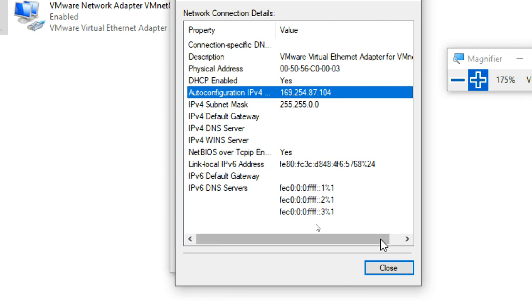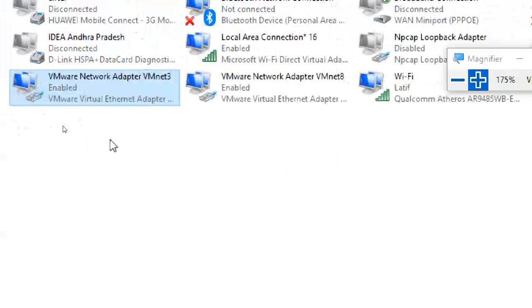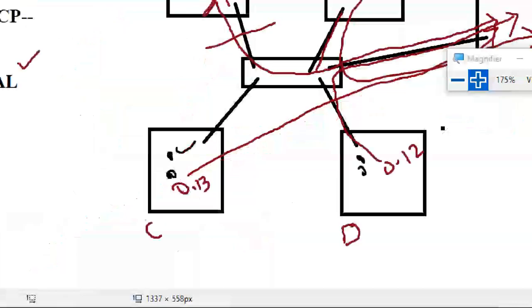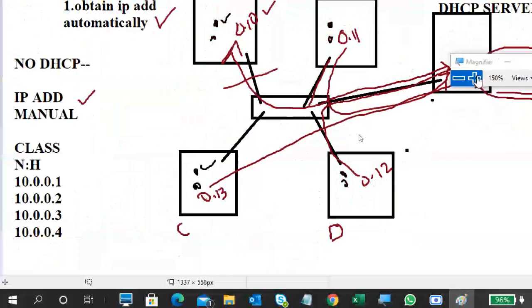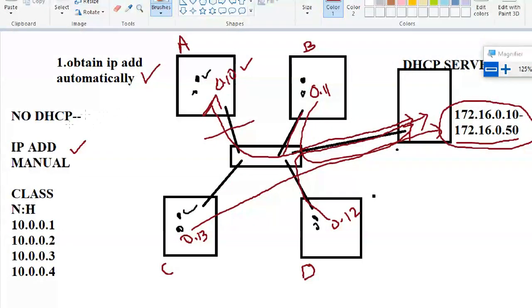I will tell about that one, automatic IP configuration, again later. That's the point. So this is the very basic way I explained. But actually there is a DORA process in DHCP, Dynamic Host Configuration Protocol. If you have a DHCP server, you'll get an IP from the DHCP server directly. If you don't have a DHCP server, you should assign manually.